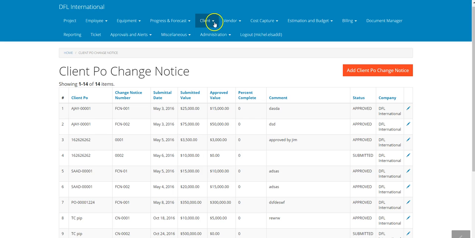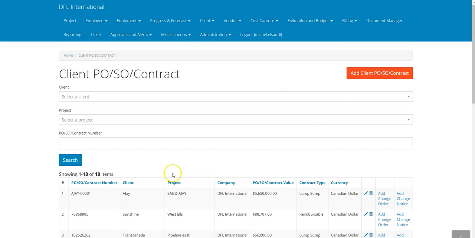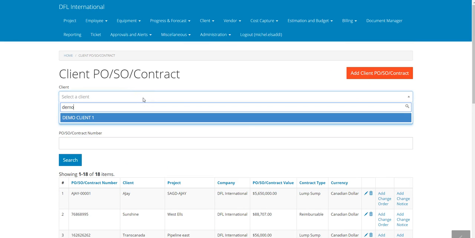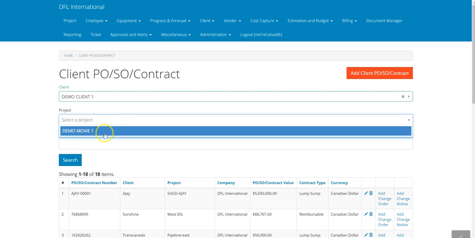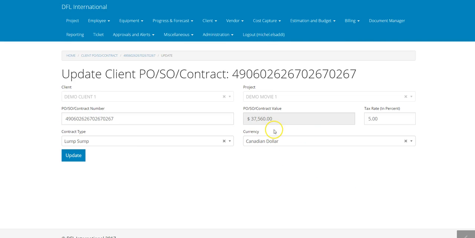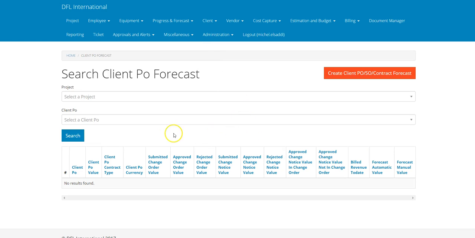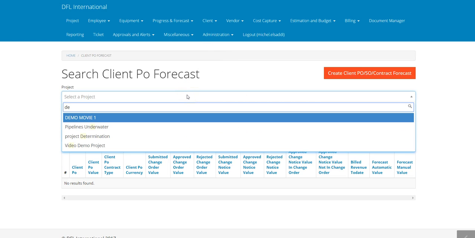If you remember, we can go back to client, PO, SO, contract, and then let's search for demo, and let's search for the actual PO here. And you can actually review and edit your PO here for a different value that you have, which, if I try to do it here, I can't. So what you can do is go to the forecast sheet, choose demo project, demo movie,